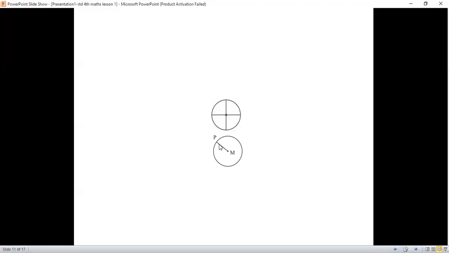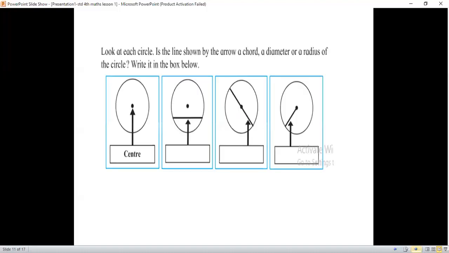So this is called the radius, which runs from the center to the side of the circle. It is never running to the half of the circle. It is running from the center to the right side or to the left side of the circle. So it is called the radius, and the radius is always half of the diameter. So this is called the radius, and this is the center point of the circle.